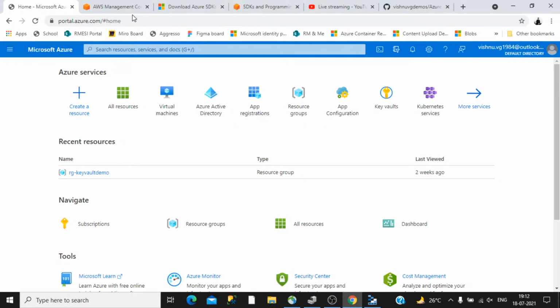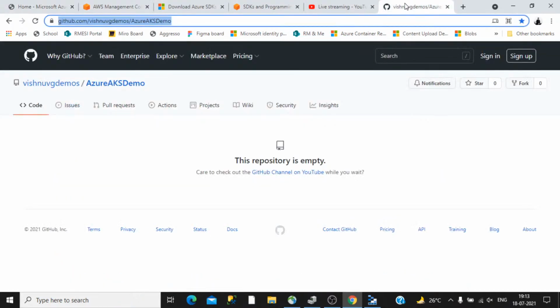At any point of time, if you have any doubts or need clarification, feel free to share that in the chat. As I explained earlier, I may not be able to look at all the questions and answers, but I will make it a point to check all the questions, and I will add the answers in a text file in this repository, so you can check that later as well.